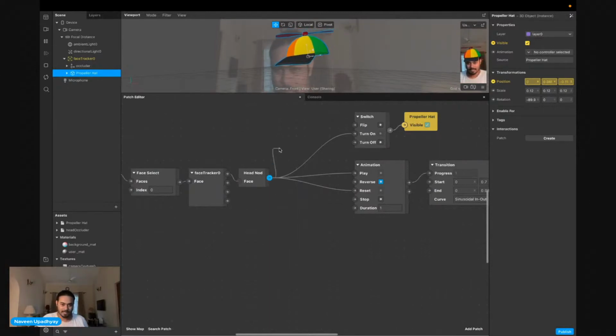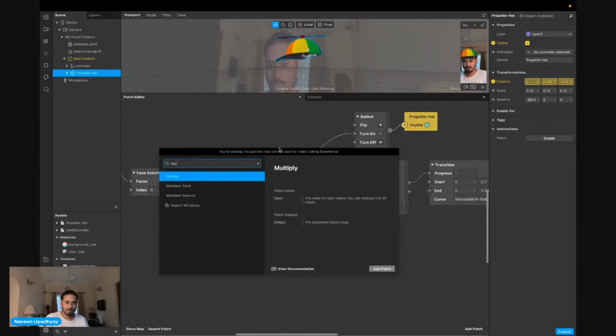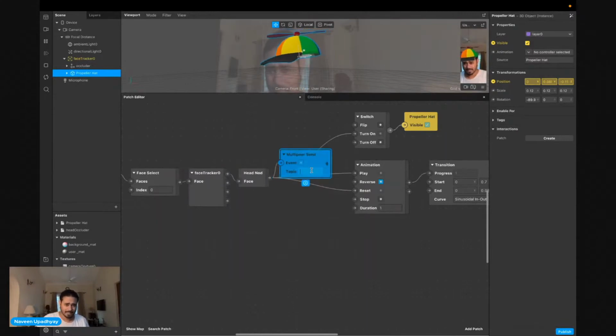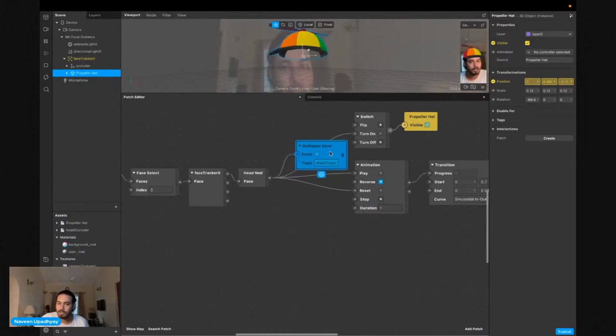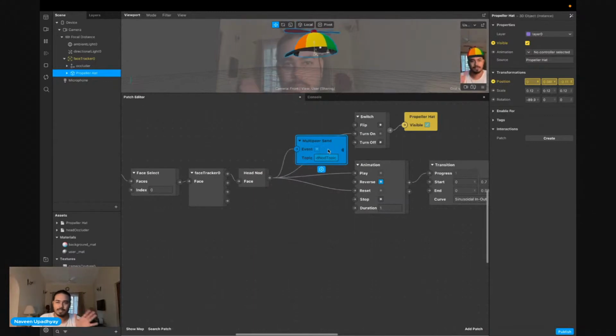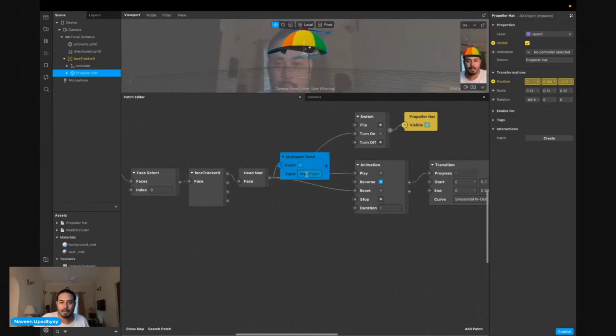So if I take this as a multipeer sender, and I say this is head nod topic. It's not necessary to put topic at the end, but it's better because later on, sometimes we send topic, sometimes we may send the values in the data, not using this, but still we should separate them. It's good practice. You can choose whether or not to use the topic at the end.